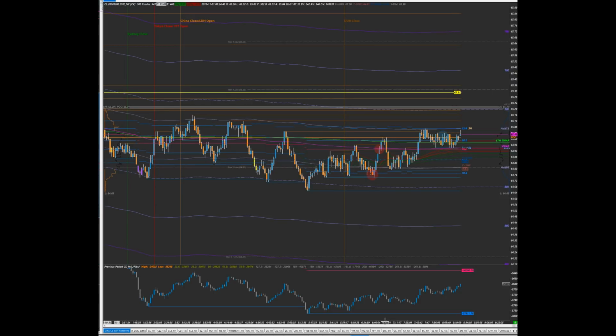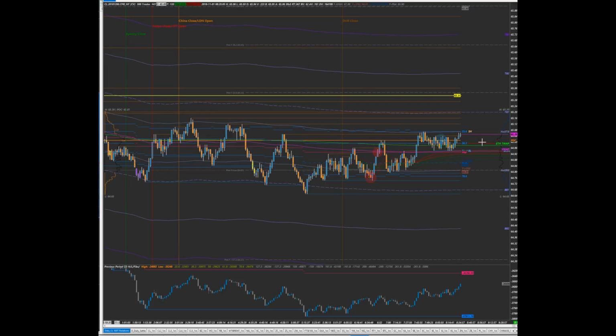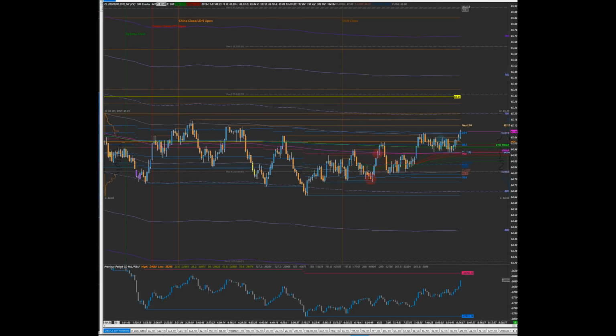But I wouldn't be surprised to see some natural selling up at that 65.31 level. Especially when you've moved away from the level. And it's not for anything else, but it's just time of day hedges, which are just looking at managing the amount of theta they've got burning away or collecting, and when you get movements,